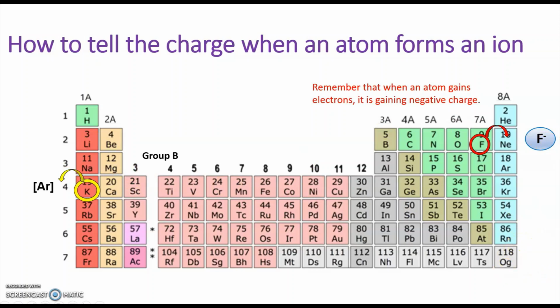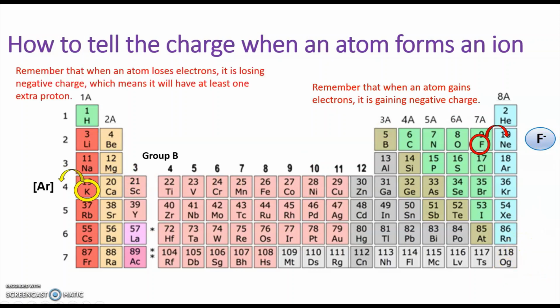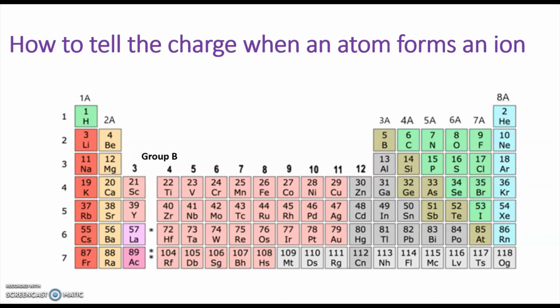So when potassium has a noble gas configuration like argon, remember here it's losing electrons, it's losing negative charge, which means in this case you're going to have 1 extra proton, so that the charge on the potassium is +1. Right. So with another couple of examples here, for example, sulfur, I mentioned earlier, you can have this happen with